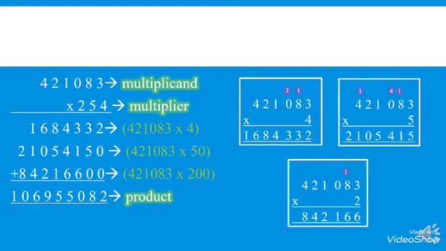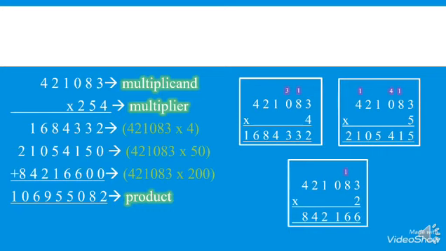First we write the number in the vertical form. Then we start the multiplication. We will start multiplication with 4 at the unit place. 4 3s are 12. We will write 2. 1 will be carry. 4 8s are 32, plus 1, 33. You will write 3. 3 will be carry. 4 zeros are 0, plus 3 will be 3. 4 1s are 4. 4 2s are 8.